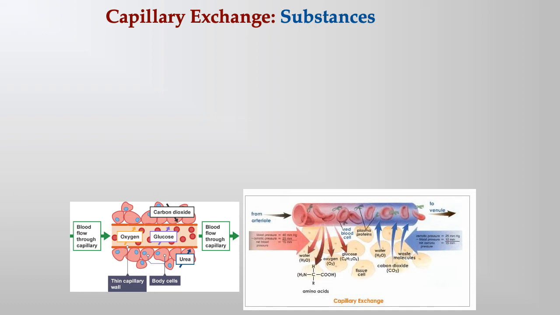We've talked about blood pressure, blood flow. Let's talk about how stuff actually gets out and into the blood. So capillaries are where we have exchange with the tissues. It occurs across capillary walls between the blood and the tissues, or the ISF. Things are usually coming out of the capillaries into the ISF, and then they're subsequently taken up by nearby